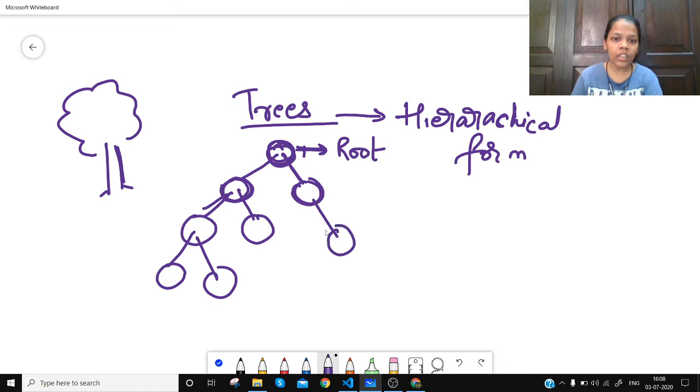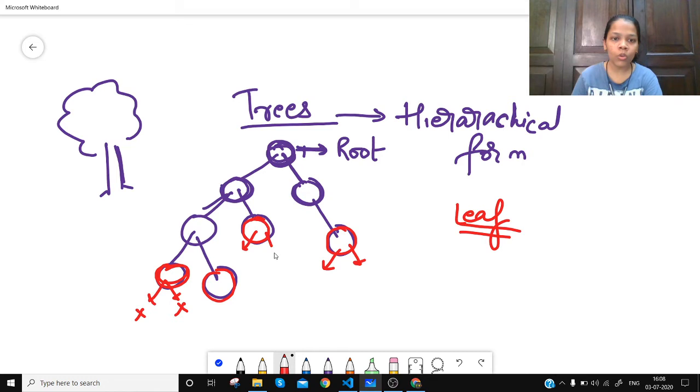Then we have a term called leaf node. So what are leaf nodes? The nodes which have no left and no right child. So the leaf nodes in this tree will be what I'm marking with the red color. These nodes have no left and no right child, so these are the leaf nodes, right?